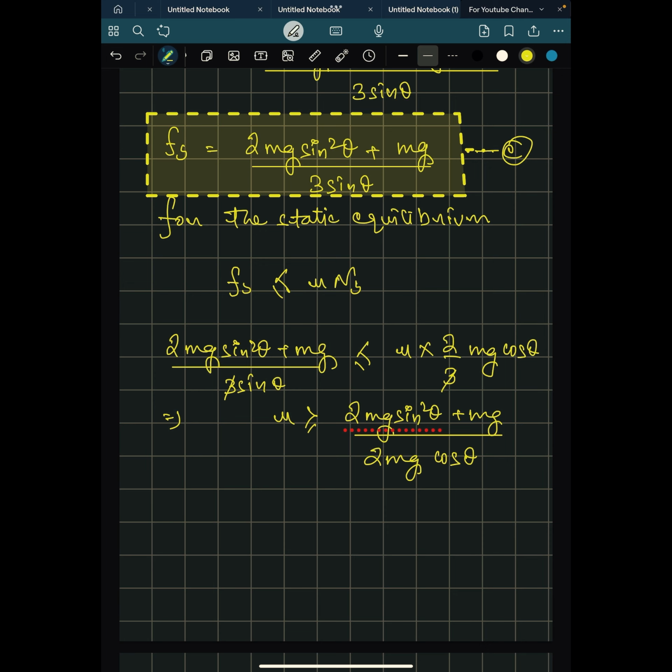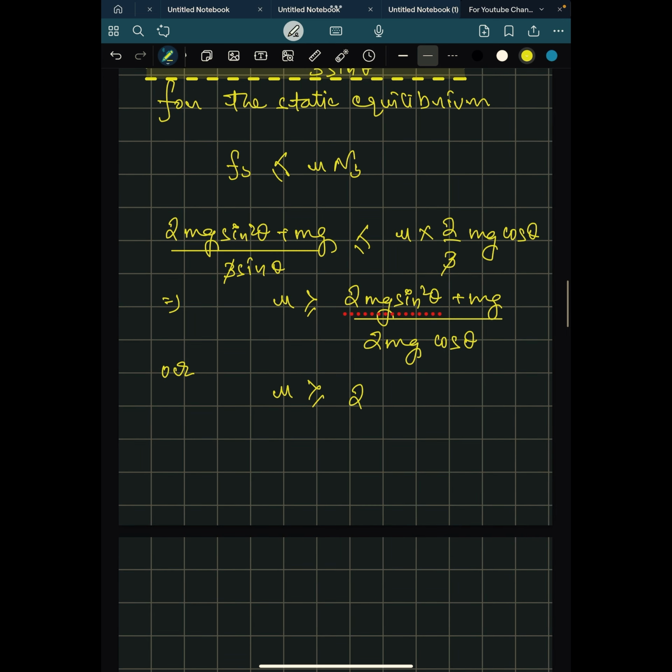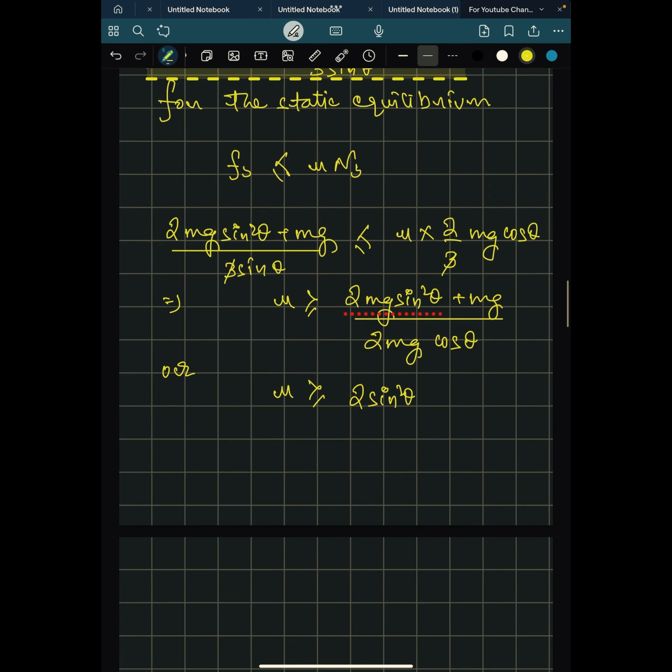No? Yeah, we can cancel out the mg from the numerator as well as the denominator, then we will get 2 sin square theta plus 1 by 2 cos theta. All right,